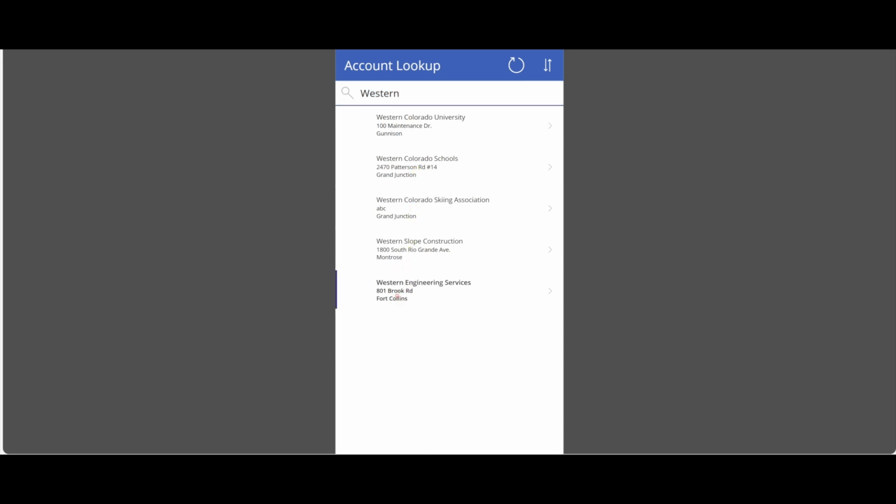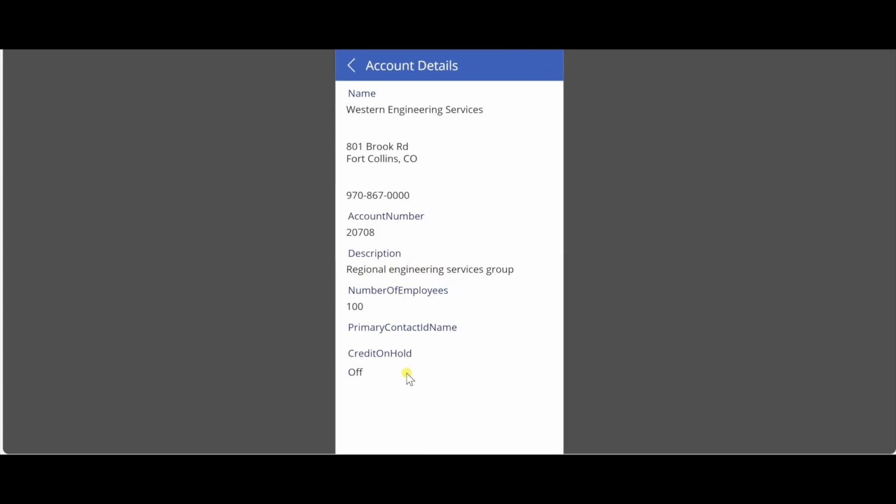There's a lot of Westerns, but the engineering one is the one I want. And so in this case, I can see that I have the address. I know how to get there. I have the phone number, account information, and then I look down at my primary contact. So what I'm going to do here is get on the phone, call the salesperson, and see if he will then update and populate that primary contact information,